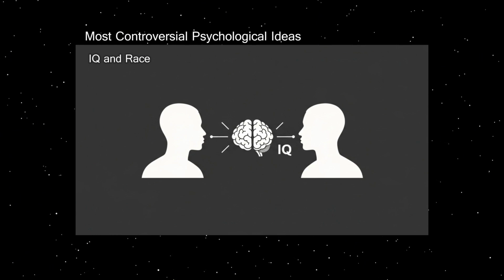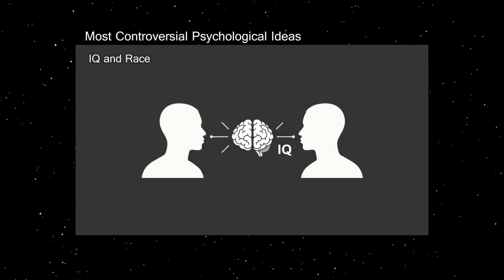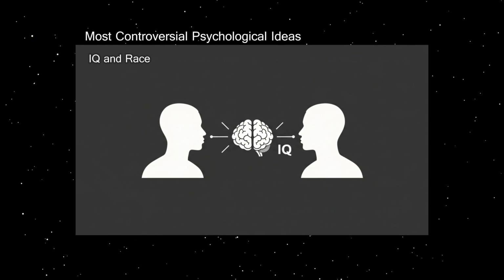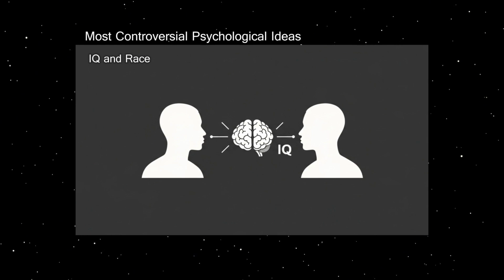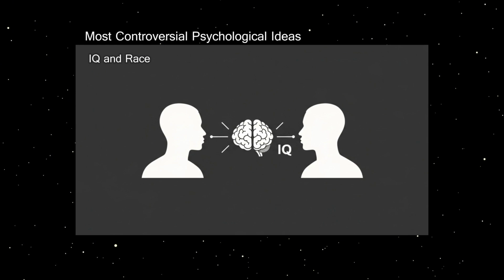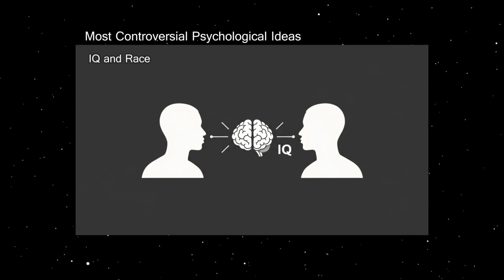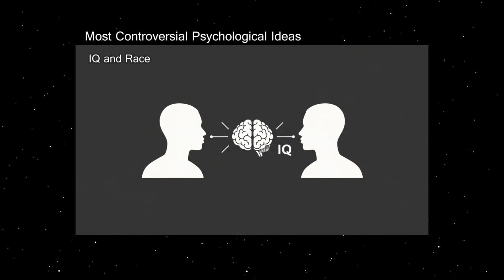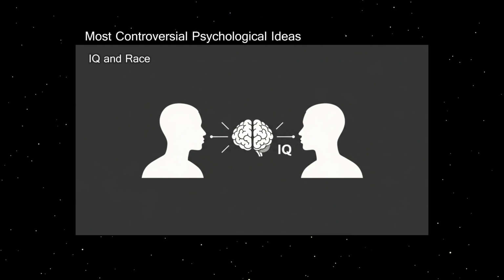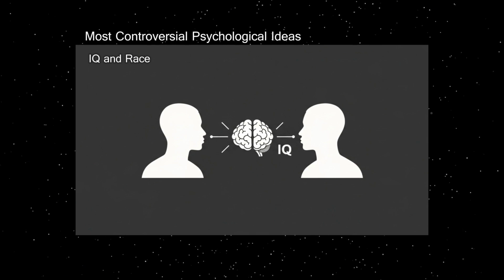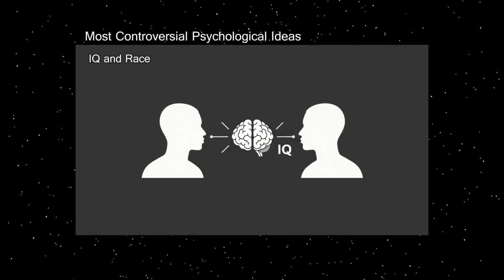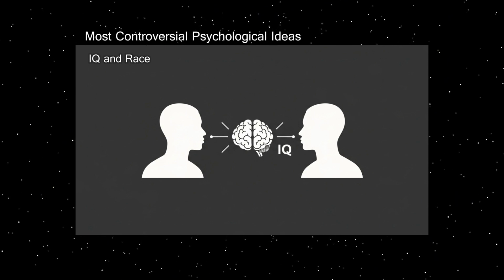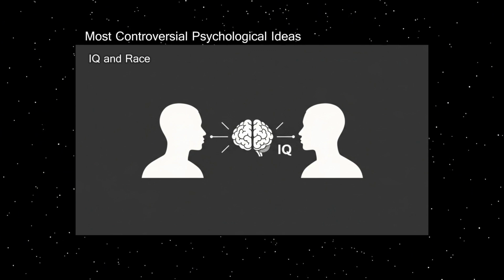These tests aim to assess a range of cognitive abilities, including memory, reasoning, problem-solving, and verbal skills. Although IQ tests have been widely used in educational and psychological settings, their interpretation, particularly in relation to race, has been fraught with debate. Historically, some researchers claim to find average IQ score differences among racial or ethnic groups, with